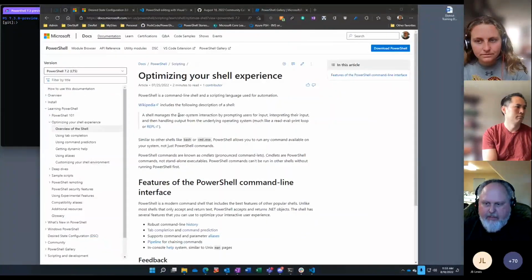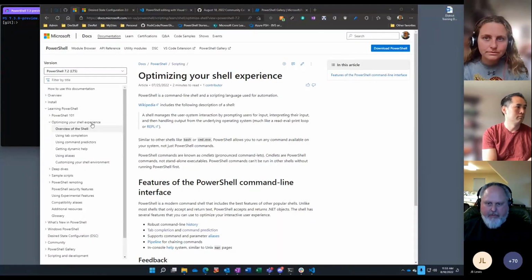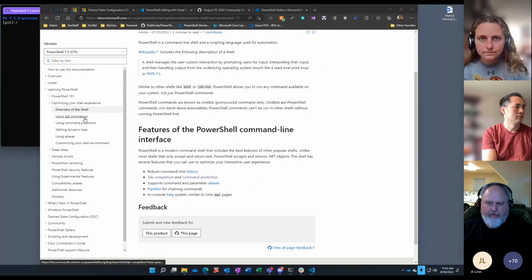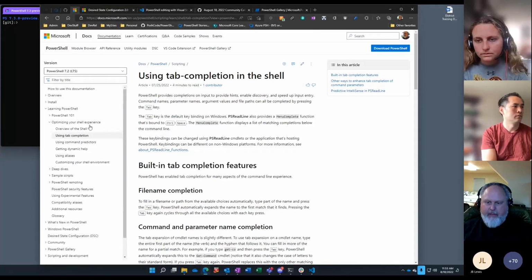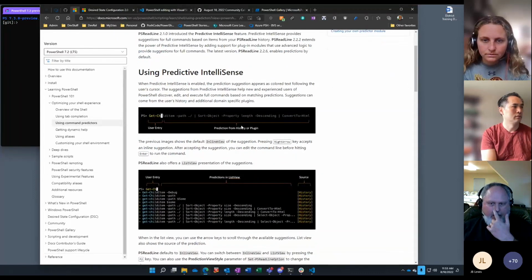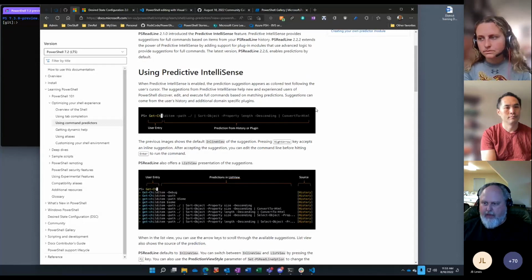Last month, we gave a preview of some docs that weren't quite published yet. Here under Optimizing Your Shell Experience, several new docs talk about the features of using PowerShell in the shell, like tab completion and predictors. You can think of this as the user documentation for PSReadLine.